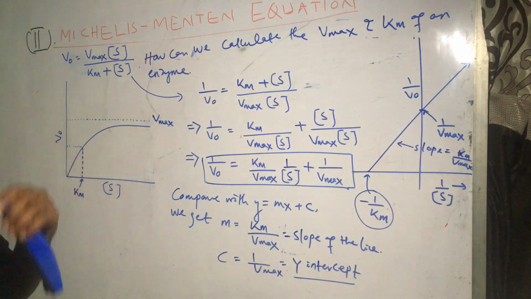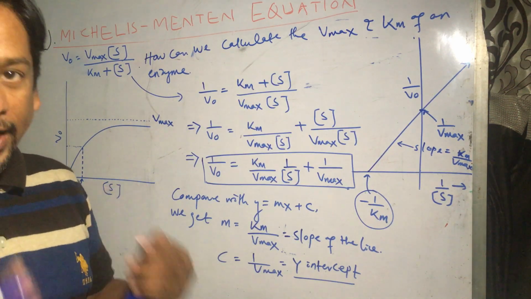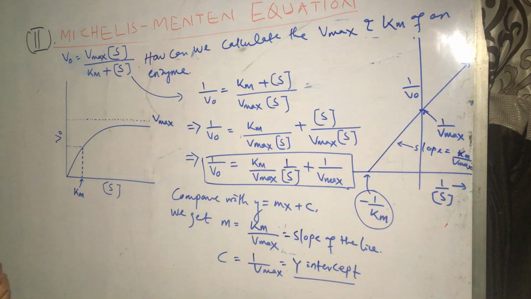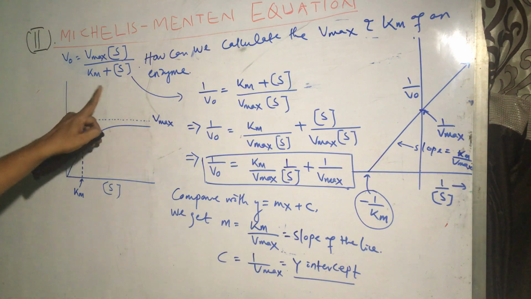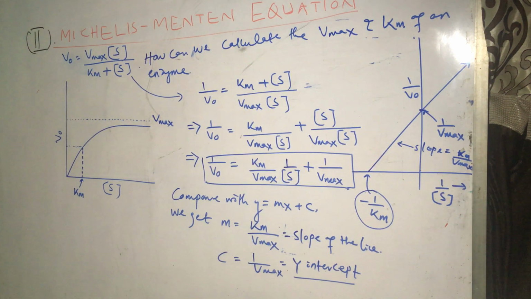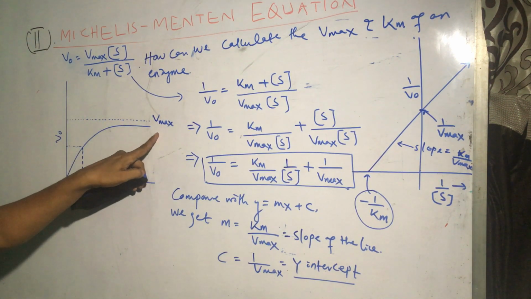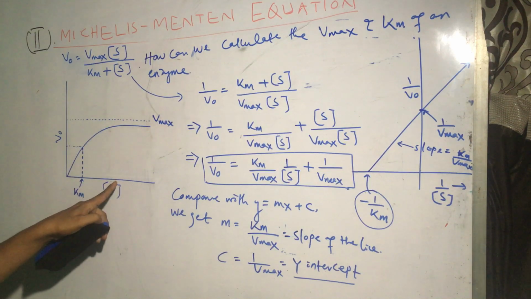So when we purify an enzyme and we try to characterize it, we need to derive these two values, Vmax and Km, for a particular substrate. So how to do that? So we can't plot this curve to derive the Vmax because